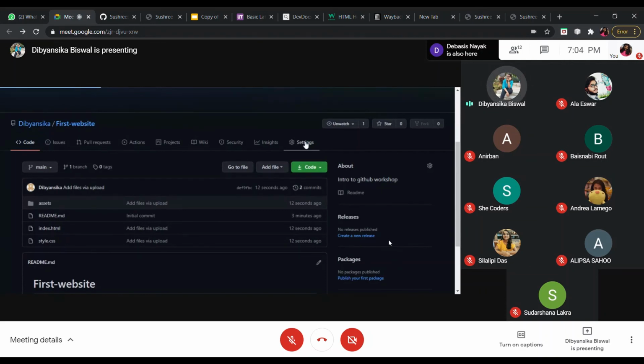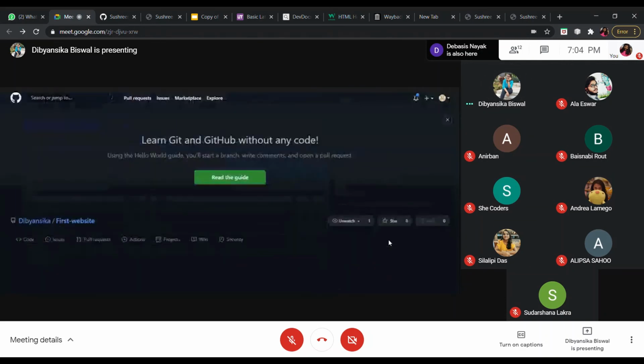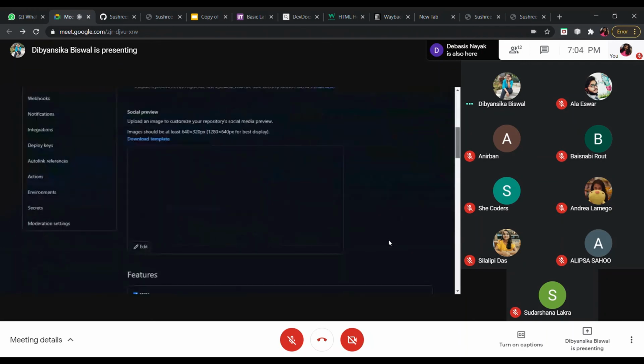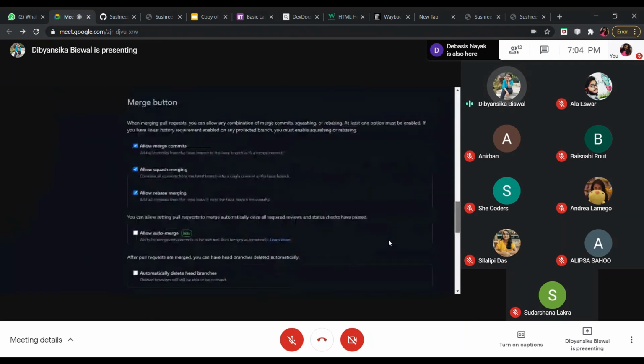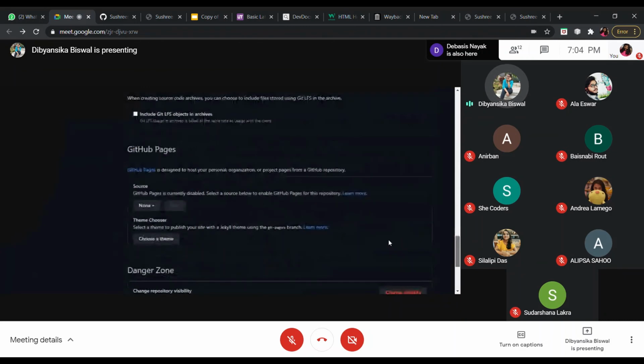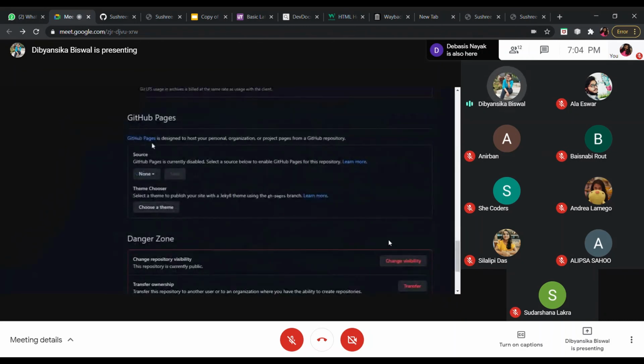So click on settings. And here moving down, we will see GitHub Pages. GitHub Pages is designed to host your personal, organizational or project pages from a GitHub repository. Here it says that GitHub Pages is currently disabled because we haven't yet set a source. So we will just set the source as our main branch. So when selecting it, if we click on save,